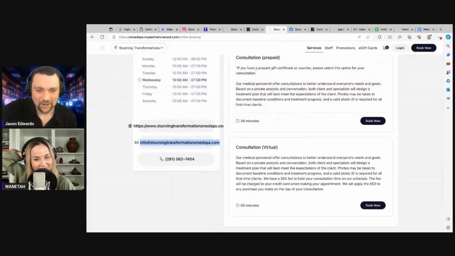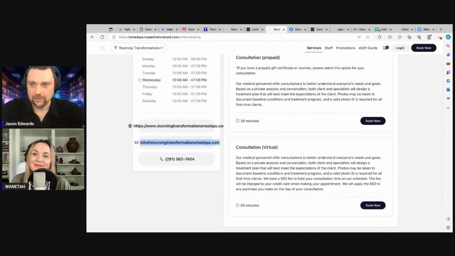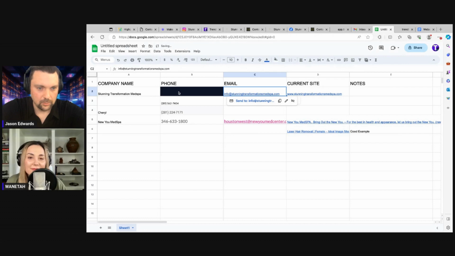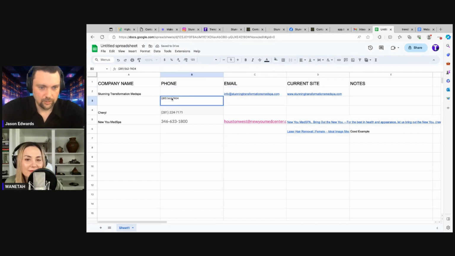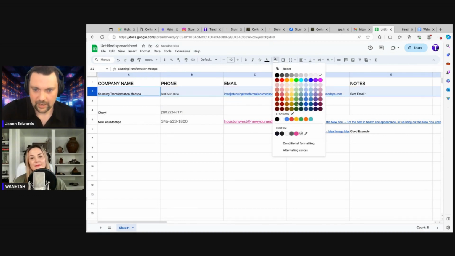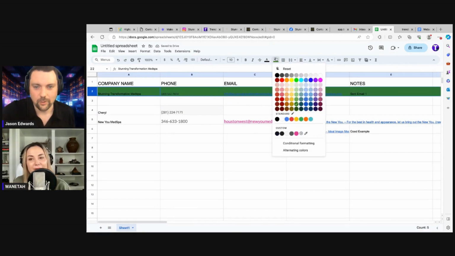So let me put them on my spreadsheet here and just show that I reached out to them. I'll clean this up a little and then paste this over and then we'll highlight them that we sent it out. So you may look at this and say, dang, that's a lot of work for one potential website